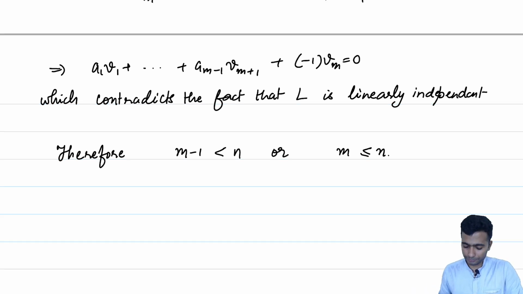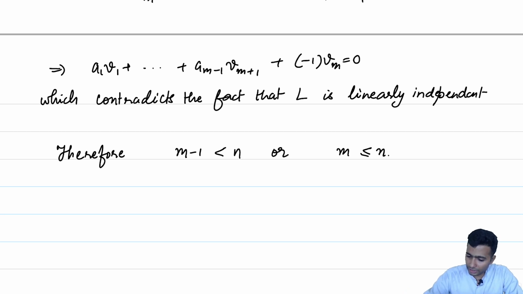So, now let us consider what would happen. What is the next thing that we would like to have? We would like to get hold of a subset S prime of S, so that S prime union L is a spanning set, and S prime has size n minus m.